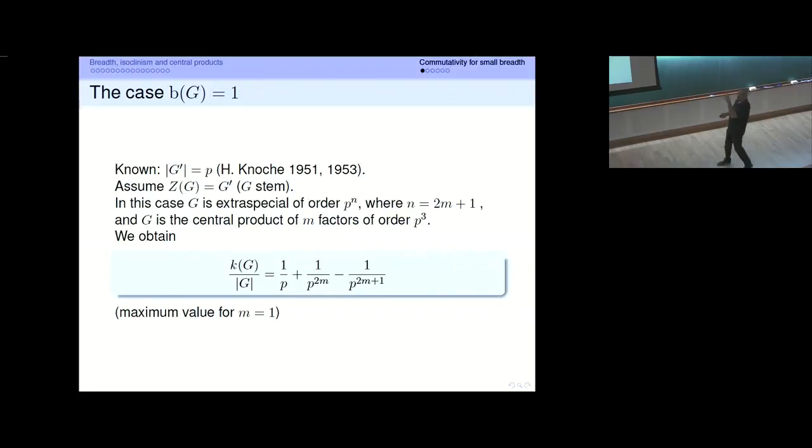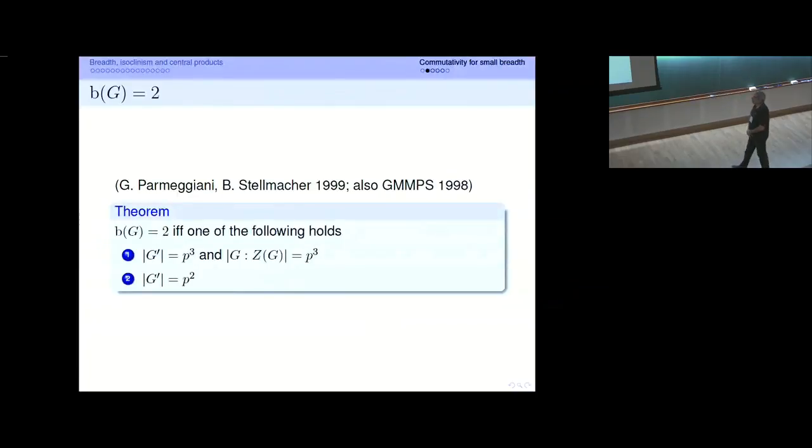This is, in some sense, very easy, but this is the ideal situation. We can compute the value of the two stem groups of order p cubed, and then out of that we compute all the values. That's very easy. So if you go to 2,